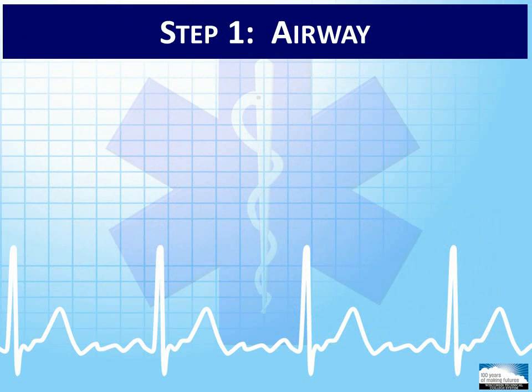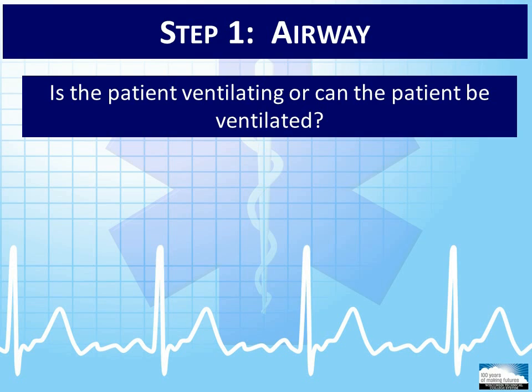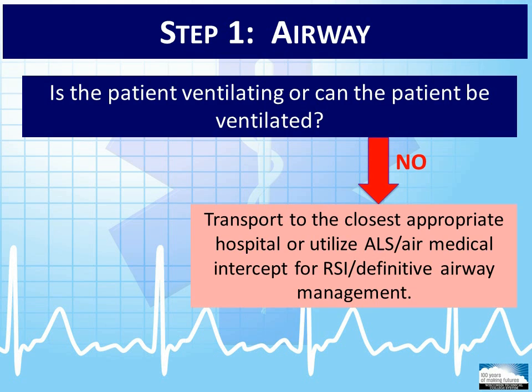The first criteria in this decision matrix is to assess the patient's airway. If the EMS crew cannot secure an airway, driving further to reach a higher level trauma center is counterproductive if the patient cannot be ventilated during that longer transport. As a result, if the patient is not ventilating on his or her own, or the patient cannot be ventilated by the EMS crew, it is imperative for the crew to transport the patient to the nearest appropriate hospital for